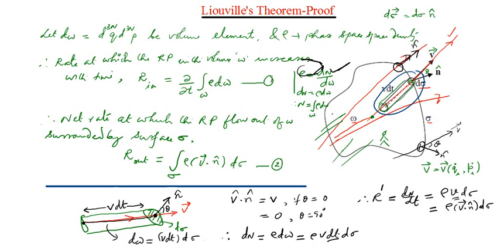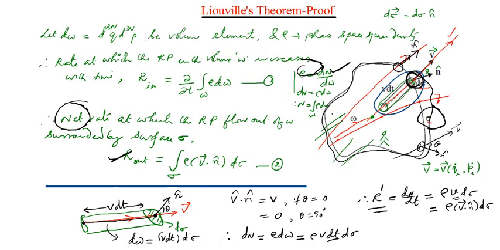Now, what is this R dash? R dash is the rate of flow of representative points through only this d sigma. But what do we need? We need the net rate, which means not just through this d sigma but through the entire surface surrounding this omega. So what you are supposed to do is just make an integration. What type of integration? Certainly it will be a surface integral over the entire surface area sigma. Therefore we got R out, which is obtained by integrating this R dash over the entire area sigma.